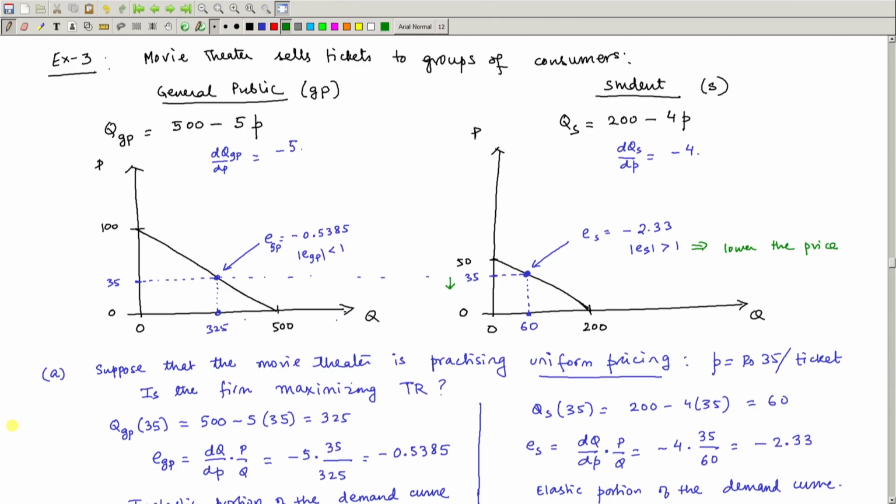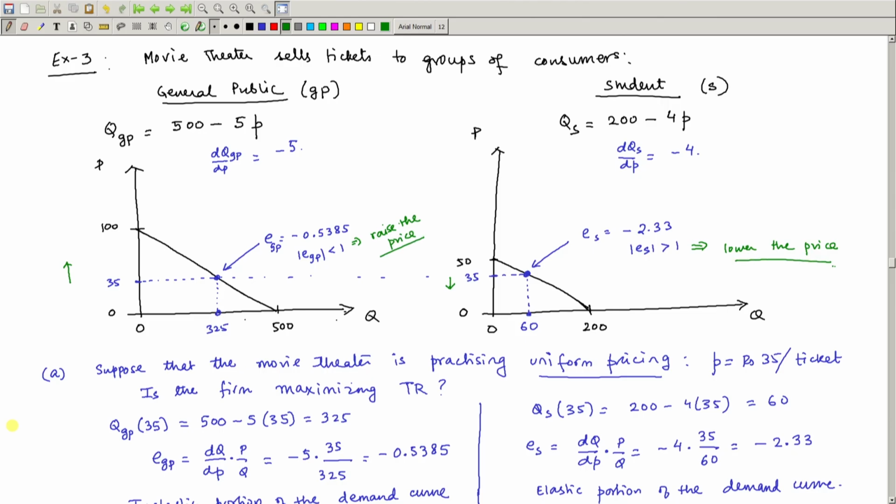So, I will sell a lesser number of tickets, but because the price elasticity of demand is less than 1, the quantity demanded will not decrease by a lot, right. It will decrease by only a tiny amount, and therefore, the increase in price multiplied by the new quantity is going to translate to a higher total revenue. So, as far as this group is concerned, because the general public group is less sensitive to a change in price, you raise the price,